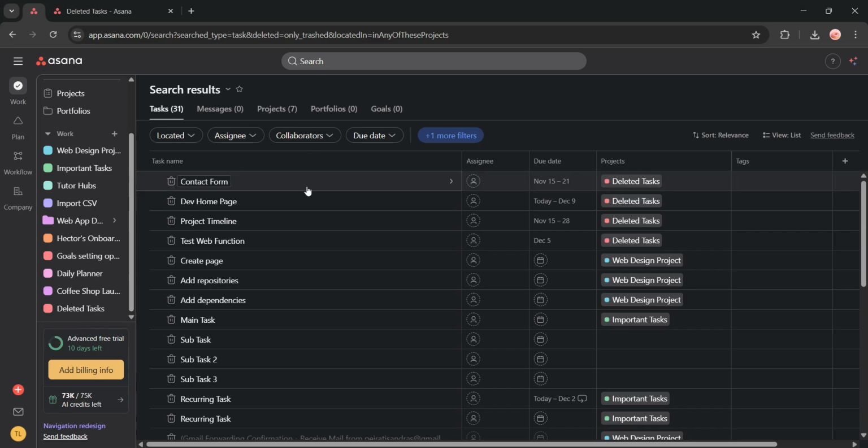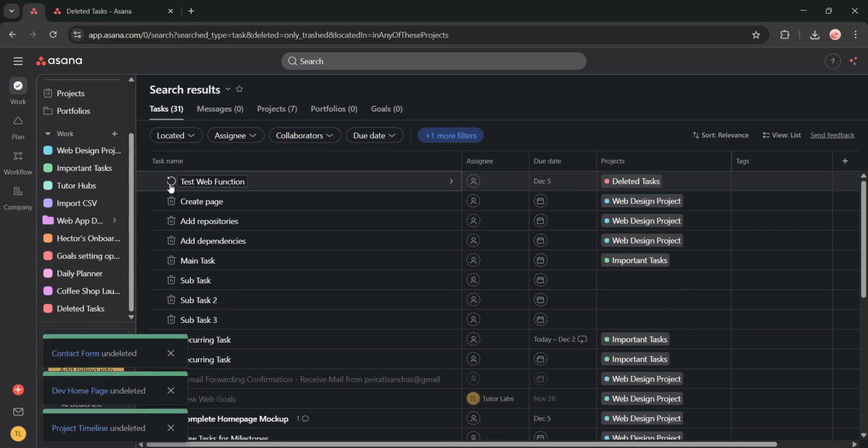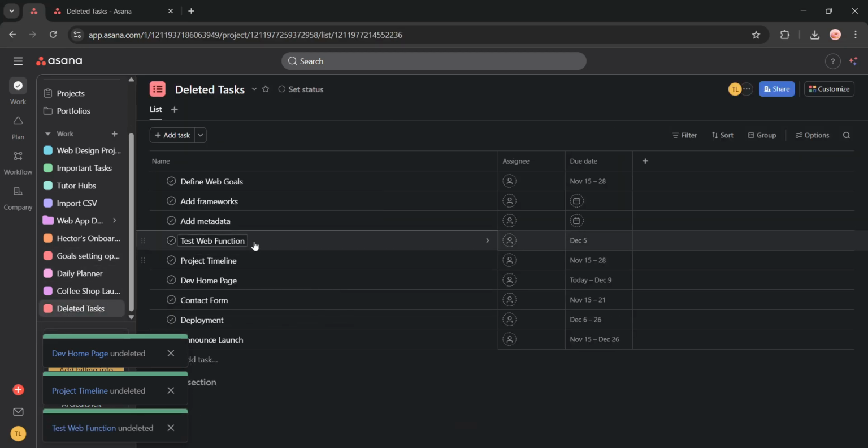When you find the task you're looking for, you'll see an Undelete button next to it. Click that button, and Asana will immediately restore the task back to its original location within the project. It's that simple. Finally, navigate back to your main project task list to confirm that the restored task now appears